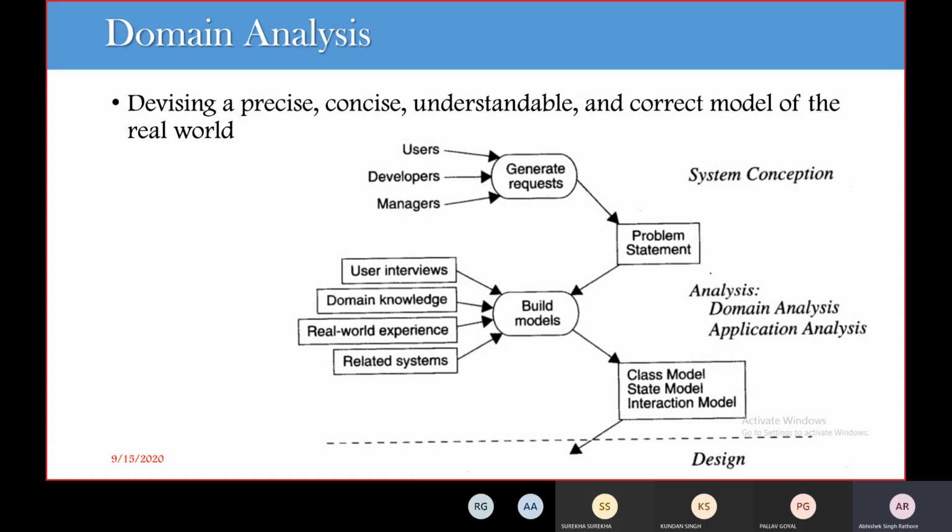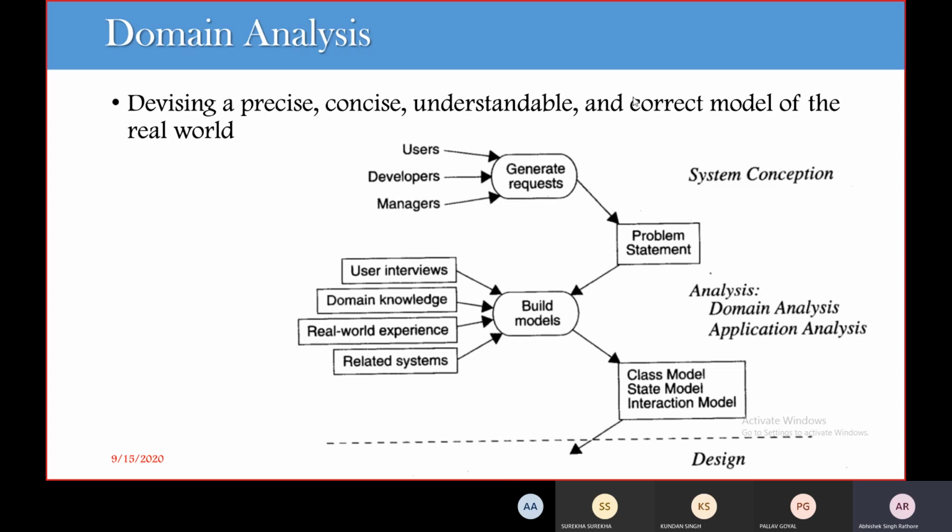Usually our analysis model addresses three aspects of our objects: the static structure of our objects, which is the class model; then the interactions between objects, so we go for the interaction model; and the life cycle histories of our objects, which is the state model. We will cover all these three models in the previous chapter. All three sub-models are not equally important for every problem, but they have different roles for each specific problem.